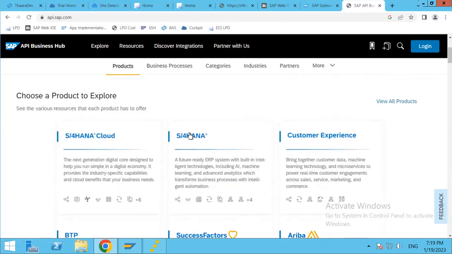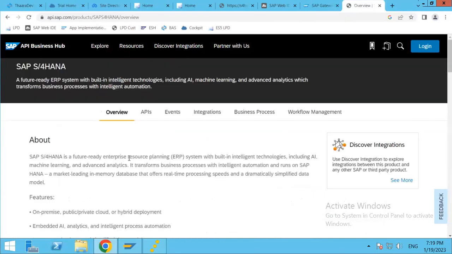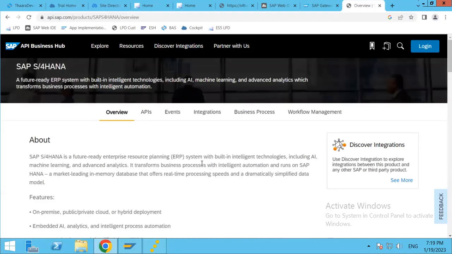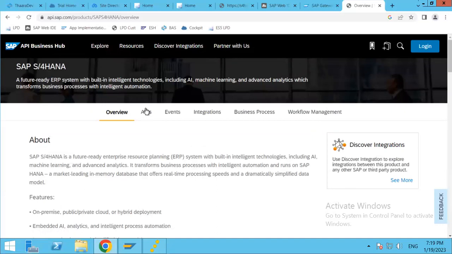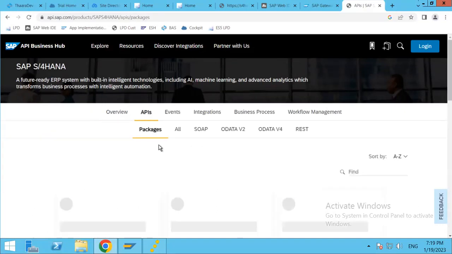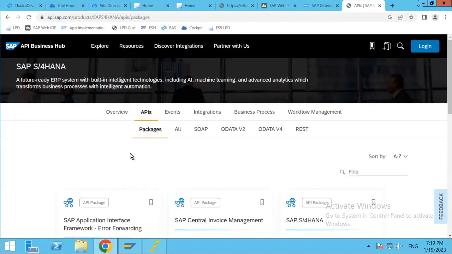Now if you look at this S4HANA, as this is the one which we have as a practice system, and overview. You see APIs, events, integrations, business process, workflow management. These are all the categories that can be there. And whenever we search for something on this API Hub, we will be able to easily get the list of matching results from